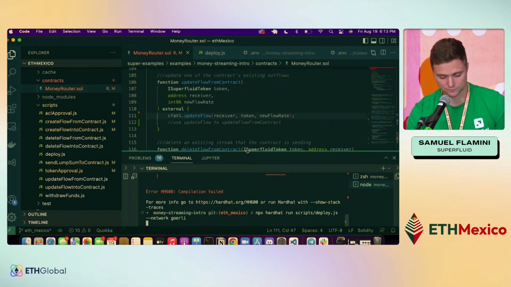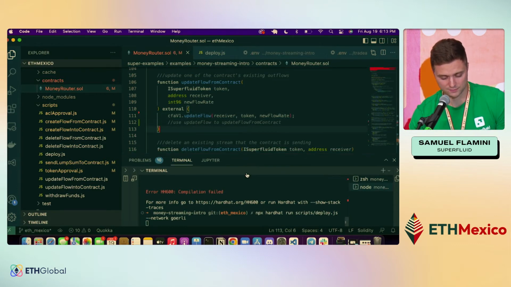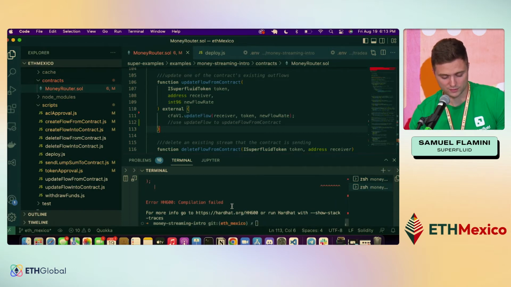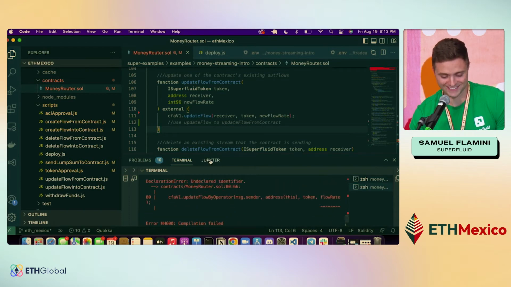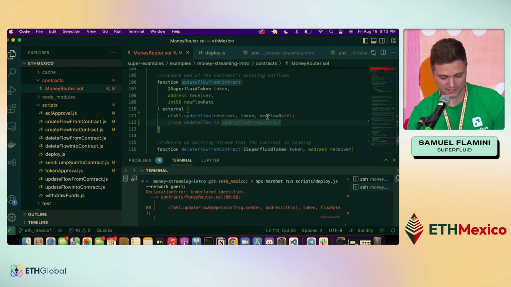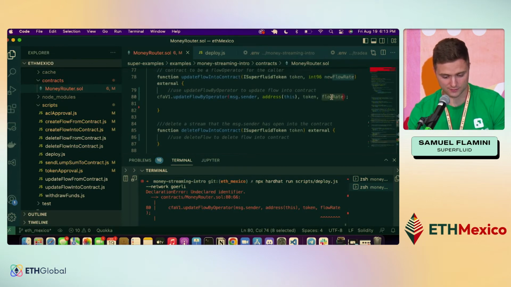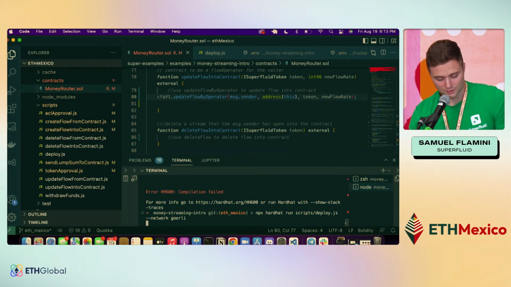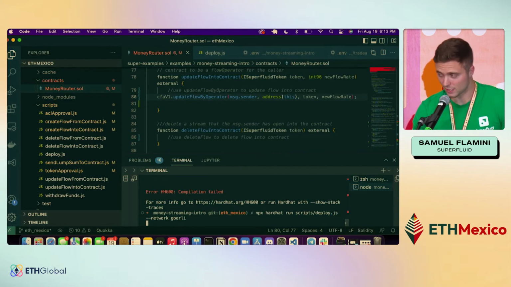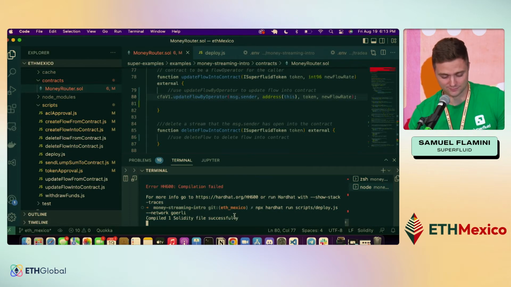All right. So I have this. This is deploying for us. All right. We have another one, which is always also fun. Looks like I did the same thing here just for the other example. All right, same thing. Let's pass in new flow rate. And we're running a little bit ahead of schedule on time, so we should be okay. There we go. All right, so this is compiled.